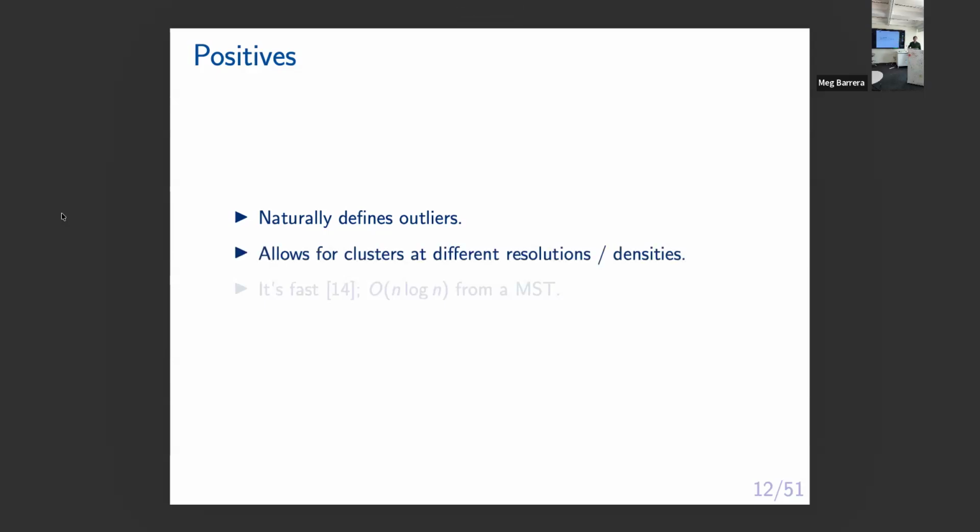This optimization method of just non-overlapping clusters allows for different resolutions, or densities, or distances. So if it splits into 2 very high on the tree, and then the second one splits into 2 very low on the tree, we don't have to draw a single horizontal line through the tree. We can select at these different levels. Finally, for me, an important part is that it's quite fast. It's n log n, where n is the number of vertices, so millions, no problem.